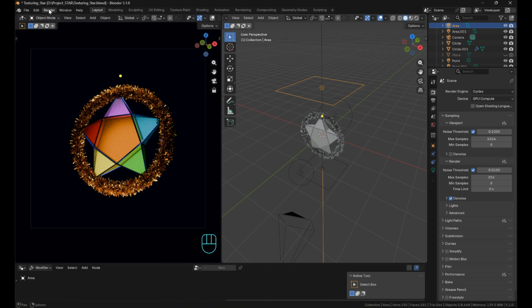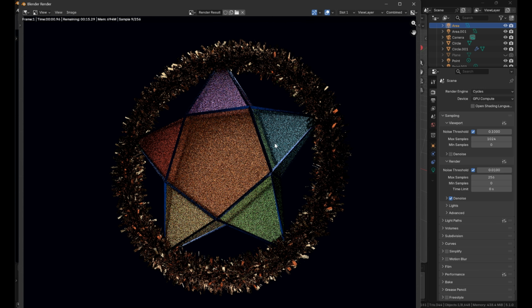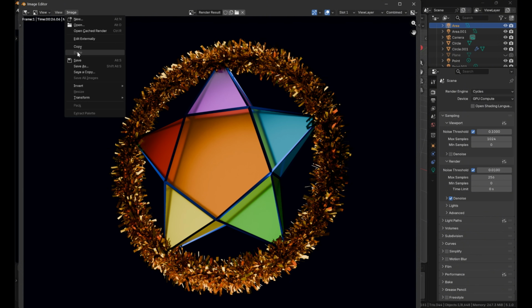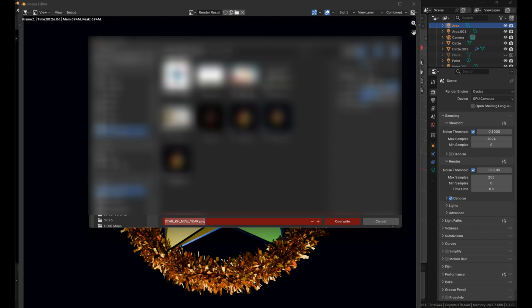So here, let's go to the upper part, press render, and press render image. As I can say, the samples we have here are 256. You see how fast it will be. That's your render. My congratulations, you made the star. It's looking very nice. When the render finishes, you will have the final result. Only one thing is left: to save your image. Go to the image, save as, name it how you would like, star,